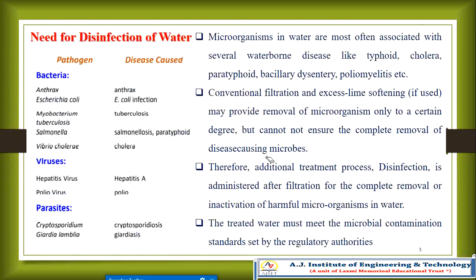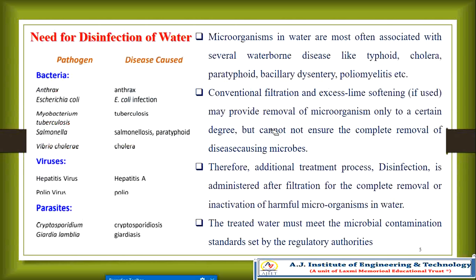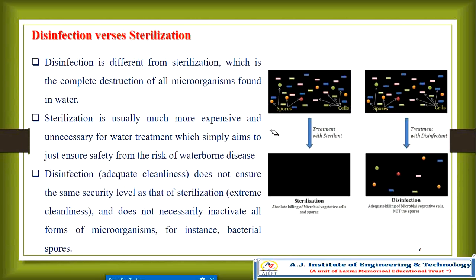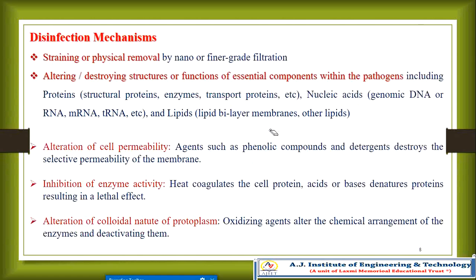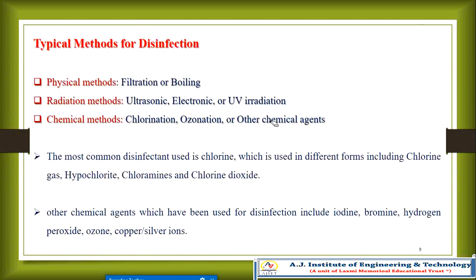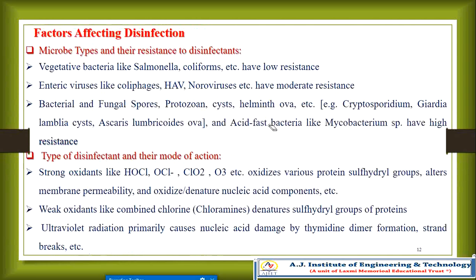So we studied, please concentrate here, disinfection: the need for disinfection versus sterilization, objectives and approaches, disinfection mechanism, typical methods of disinfection, properties of an ideal disinfectant, properties of common disinfectants, factors affecting